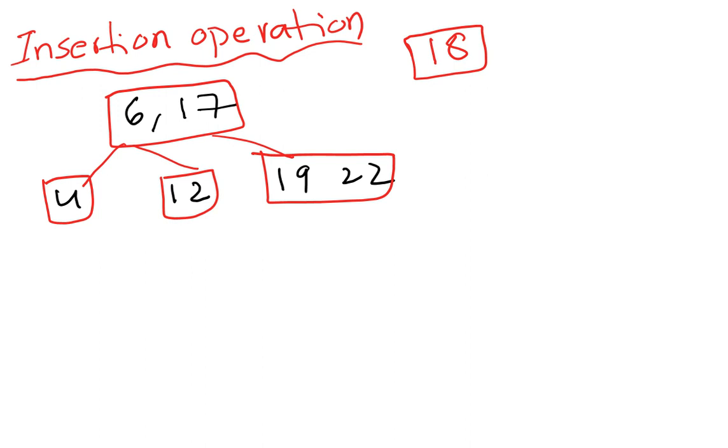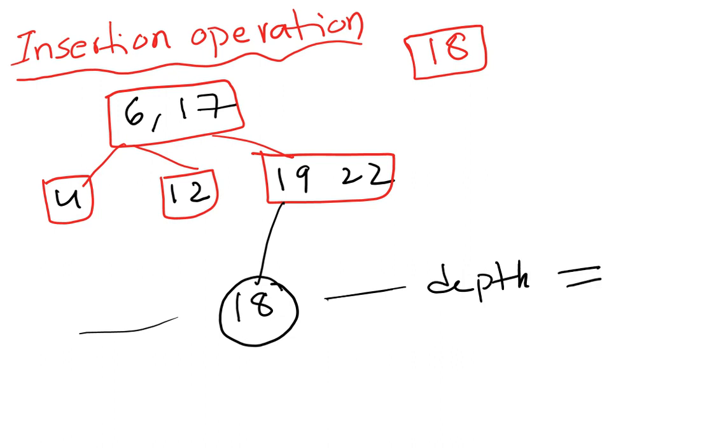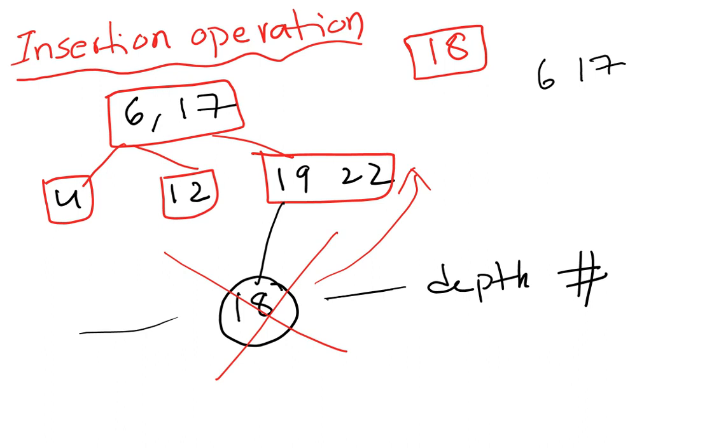Where can we insert the element? Greater than, so here. It will be on the right, at 19 left. But that means the depth is not equal. The depth is very large compared to this one, so we should not enter it here. Then what will be the solution? We should rearrange it. Now I will replace as 6, and I will take 19 here.